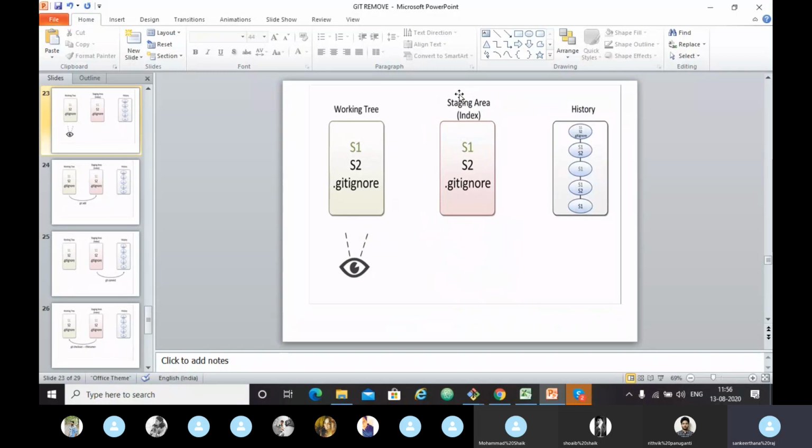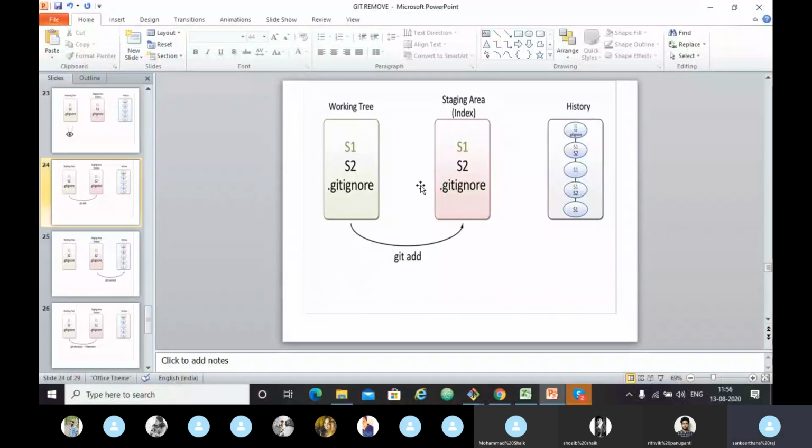See now, the working tree is the area where we see all the changes, right? Editing, deleting files. Here we can see the files. This is the working tree, which is visible to us. As I told you before, if you want to move something from the working tree to the staging area, you use the command git add.